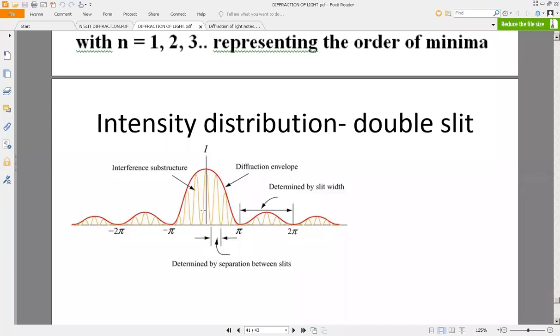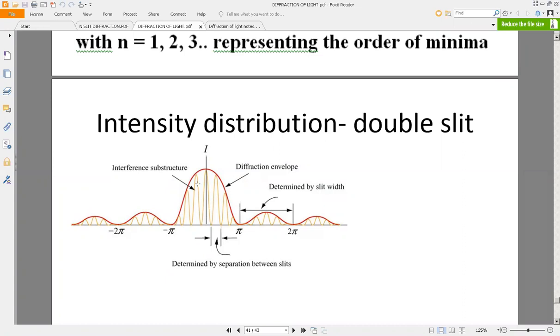Whereas in the double slit case, you will have a central peak. This is what you call the 0th order maximum. I said 0th order minima is meaningless. Why? Because the 0th order maxima is situated here. On either side of this, you get the first minima. This is first minima with positive theta, and this is first minima with negative theta. So you cannot expect any 0th order minima in the middle. That's why I said 0th order minima is meaningless, whereas 0th order maxima is meaningful.